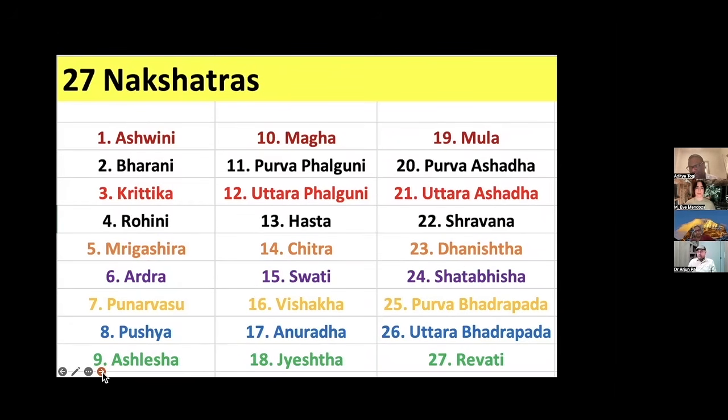Just very basic, which everyone knows: the Moon takes 27 days to go around the earth, and each day the moon is nearest a star, and that is how the term 27 nakshatras came into picture. We know the names of the 27 nakshatras from Ashwini, Bharani, Kritika all the way to Revati. Westerners divide the sky into 12 equal parts, while in the Indian system they observed the moon each night and saw at which star the moon is, and that was divided into 27 nakshatras.